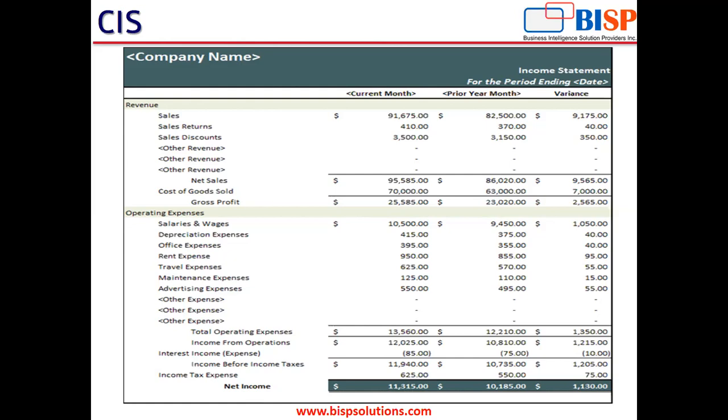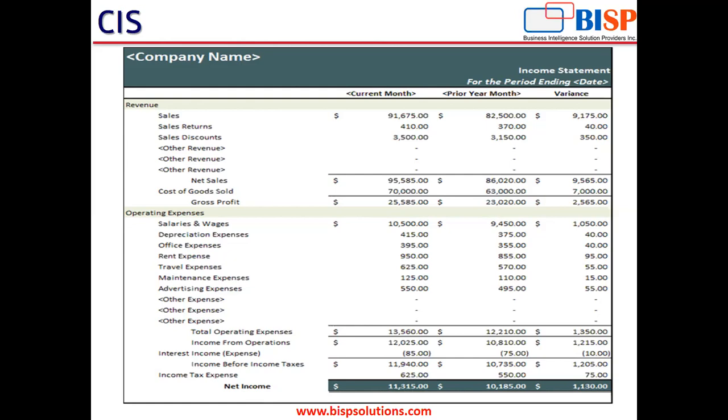Also you can add a percentage variance. Usually comparative income statements have a percentage variance column that provides the percentage increase or decrease in that particular account or financial section, such as sales, sales return, operating expenses, traveling expenses, office expenses, and depreciation expenses. You can also include any kind of column or formula field in your comparative income statement, in the way you would like to extract the information.